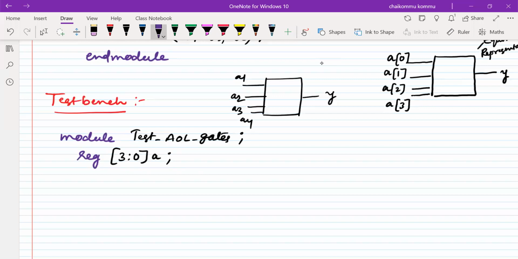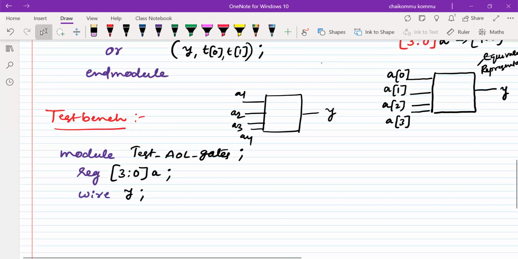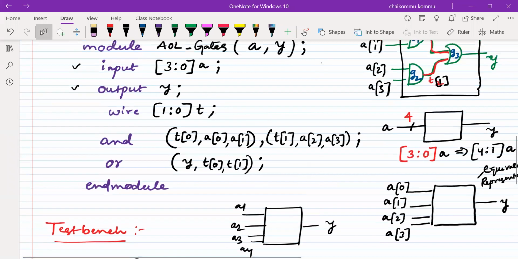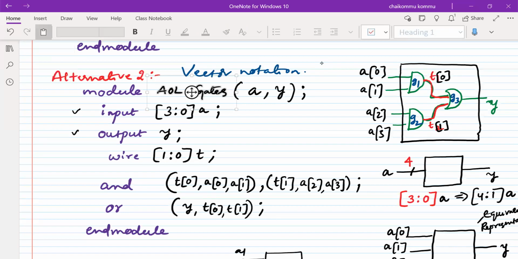Outputs are represented by wire type. Wire Y we need to write. Now we have to call that module. How do we call it? We have to use the same name that I have written here. So that is a better way, I am going to copy that without having any problem.